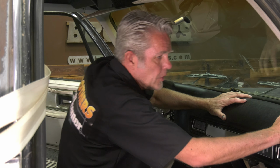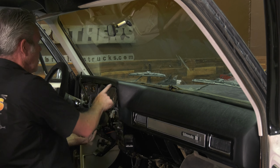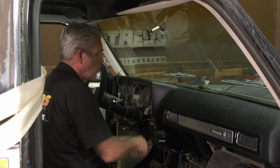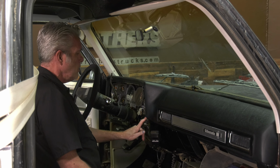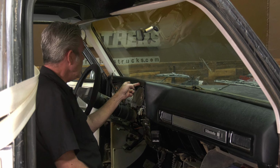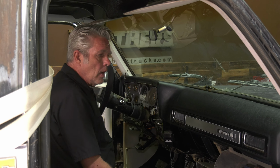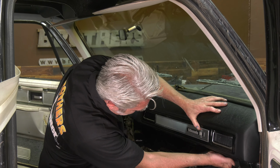So now what I'm going to do is just go ahead and put my screws back in just like it was originally. I'll put my face back on and I will go ahead and screw this on. Now a lot of times the holes right here, they get covered up by the material, so you just get a little pointy awl and just poke it in each individual hole as necessary, and then you'll be all good to go. So let me go ahead and get this on the rest of the way, and then we'll go